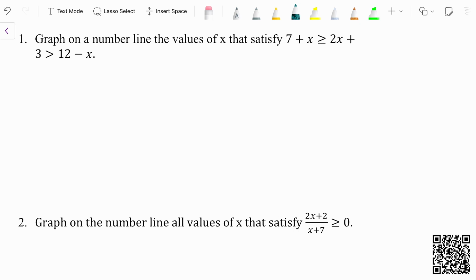Today's first question is, graph on a number line the values of x that satisfy 7 plus x, which is greater than or equal to 2x plus 3, which is greater than 12 minus x. So basically,